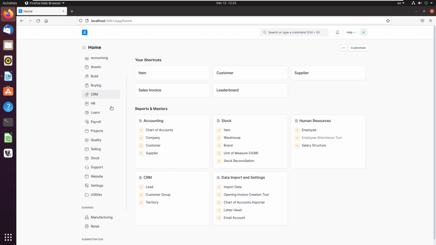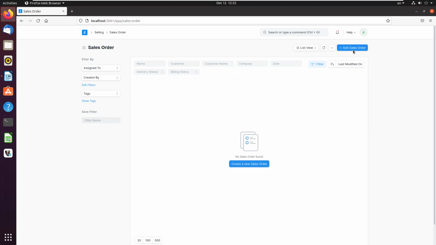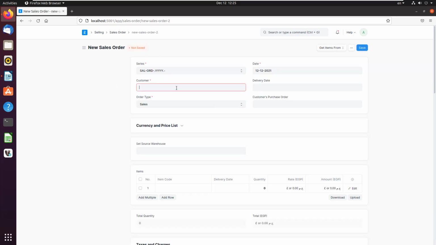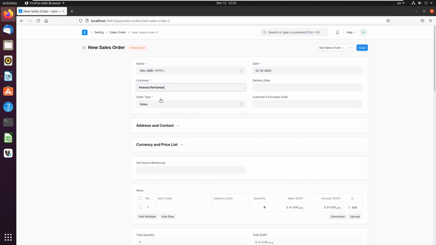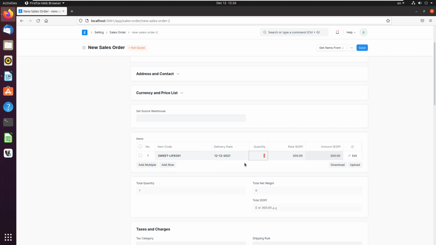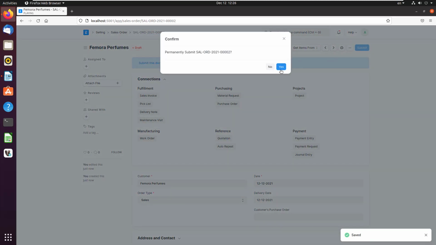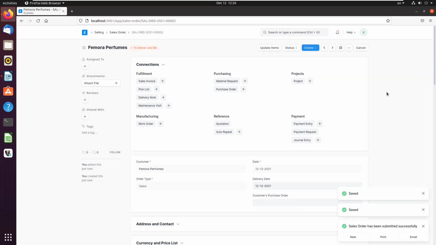We will go to the selling module and create a sales order for Femora Perfumes. Delivery date is today, and here we will sell to them Sweet Life perfume. We will sell to them 250, which counts to 75 thousand Egyptian pounds. Okay, now we will save the sales order and we will proceed to the remaining steps of the sales process,